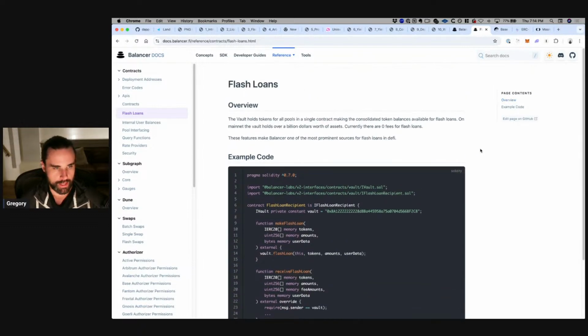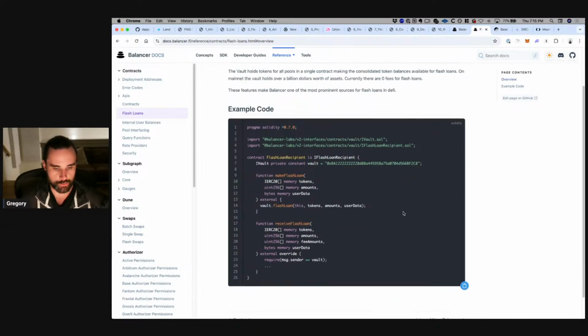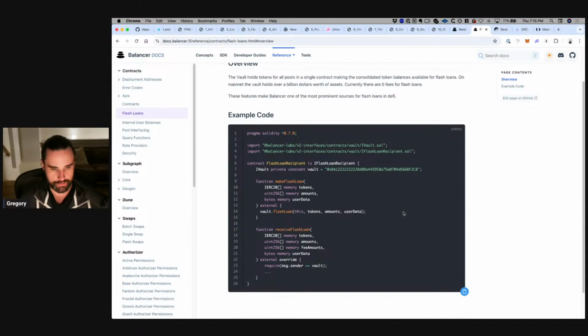And then number three, the reason that I like it is that Balancer is multi-chain in the sense that the Balancer protocol is deployed to many different blockchains. And if you can do flash loans with Balancer, you can take these strategies that I'm showing you tonight and implement them on many different blockchains. So it's very versatile. Now, when I say multi-chain, I don't mean doing flash loans between two different blockchains. What I mean is that you can do them on an individual blockchain in many different places, right?